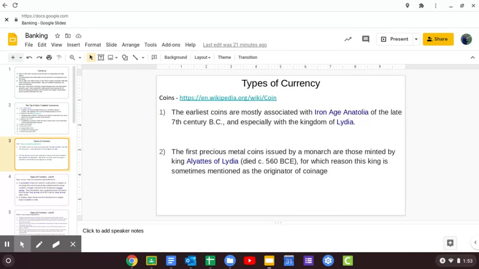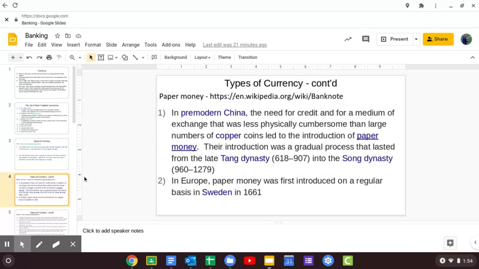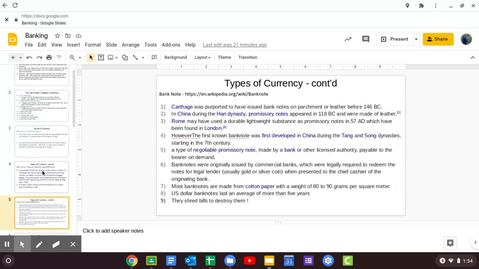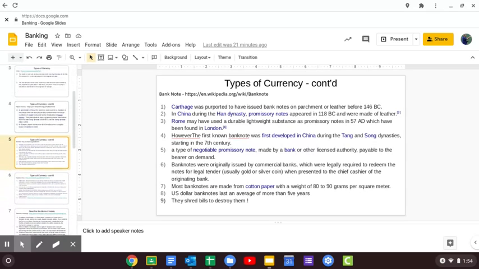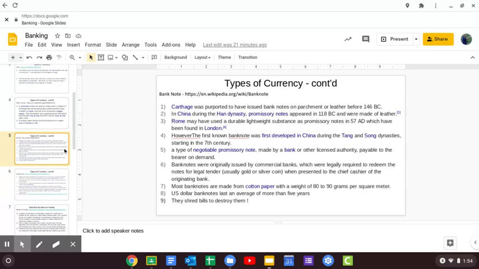We talked about that we have 3 types of currency. Coins, and we have the originator of coins. Yes, the king. Paper money, which started in China, and they wanted something that was light. I mean, it's a lot of coins to carry around, it's really heavy. So I think that's how they got to paper money. And then we get to banknotes because paper money was just too much for big time deals, lots of stuff.